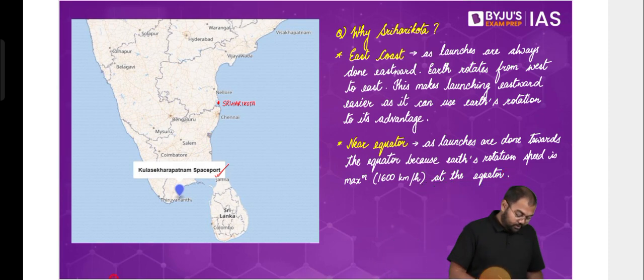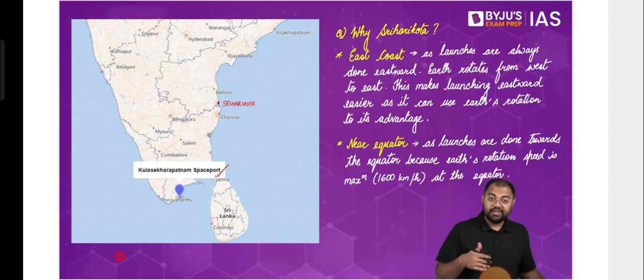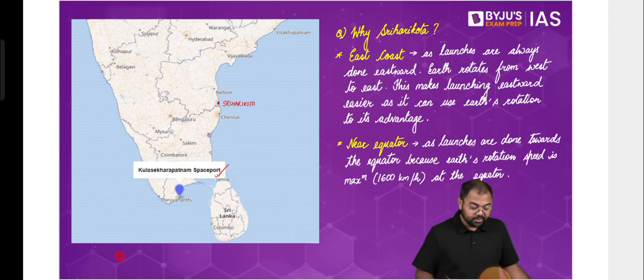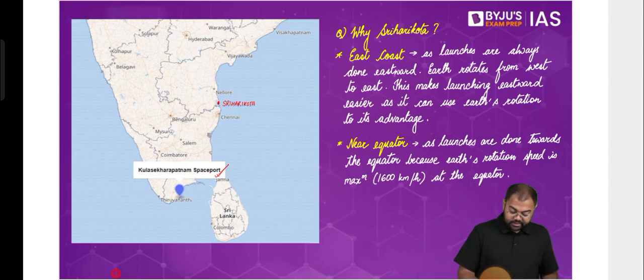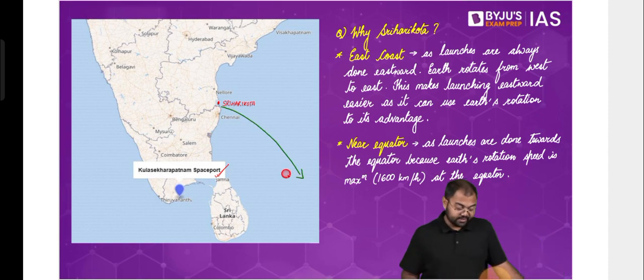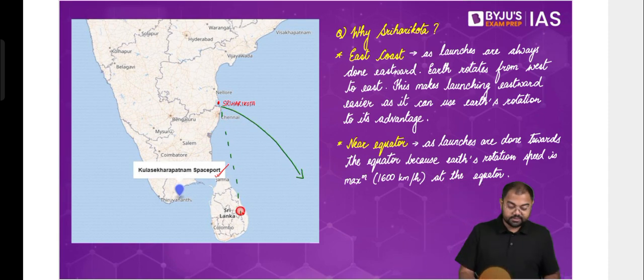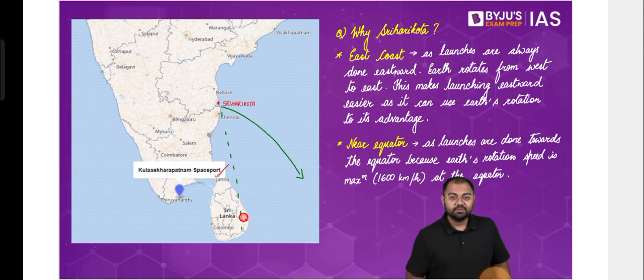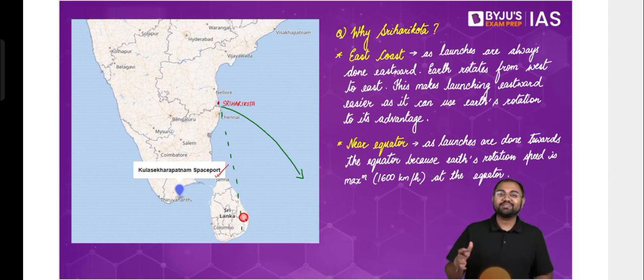Now understand one point. Why are we also building Kulasekara? Why are we also working on Kulasekara? Because see, when the launches are being done from Sriharikota, the launches will always be done in a manner that, let's say, from something like this. The launches will always be done like this. Why? We would have ideally wanted to fly like this, but why can't we do that? Because then we will be flying over Sri Lanka. So not only Indian lives matter, Sri Lankan lives are also important. So you cannot say that fine, over Sri Lanka we can fly. No, we'll have to make sure that we don't do that.